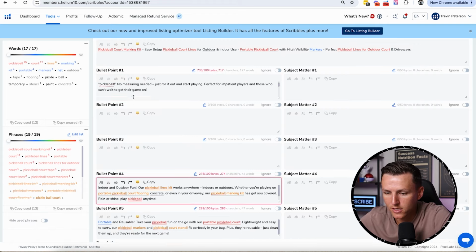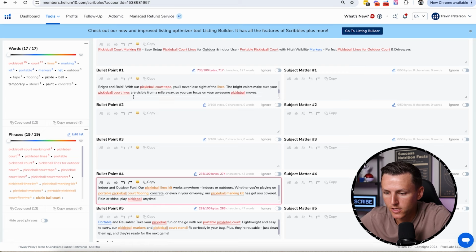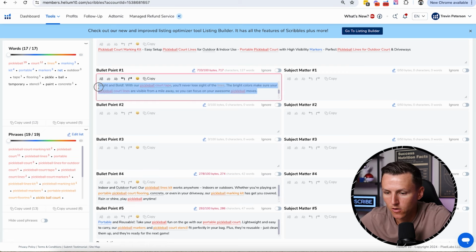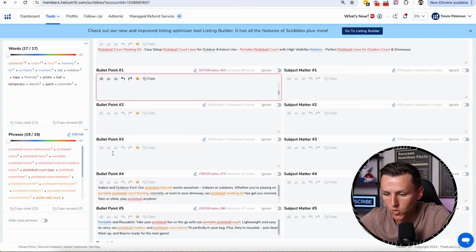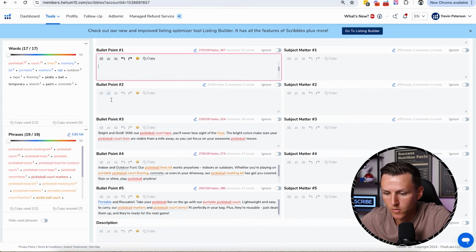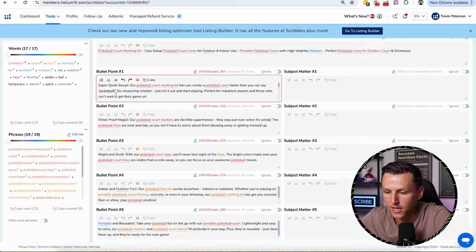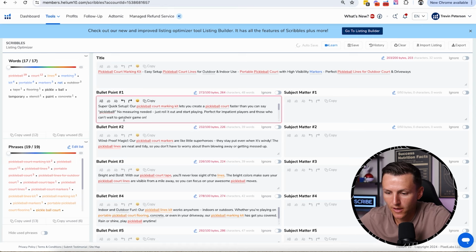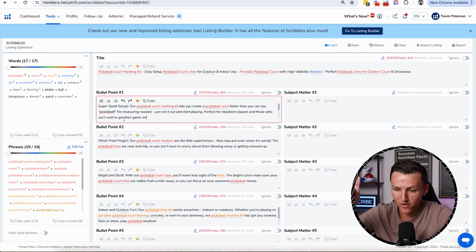Again, I'm just copying this from ChatGPT, so I didn't have to go back and forth. I just pasted it all right here. We're going to come to 3, and then right here, and this is 2. So I'm going to copy that. And just like that, we have our bullet points that are entertaining, that are awesome. And I'm going to read these to you in a second. I have not adjusted anything. Obviously, we're going to go in and fine tune it, but we have the title, we have the bullet points,